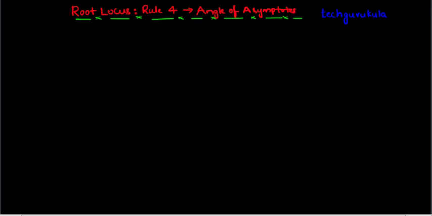In this video, we're going to see rule number 4 of root locus construction in control systems. And this is based on angle of asymptotes. As we have seen in rule number 2 of root locus construction technique, that